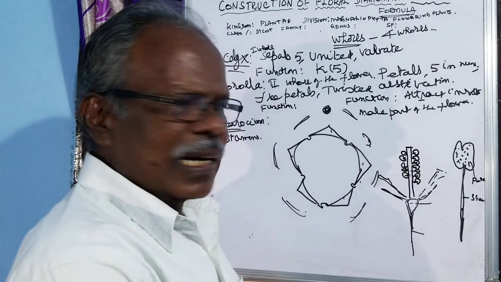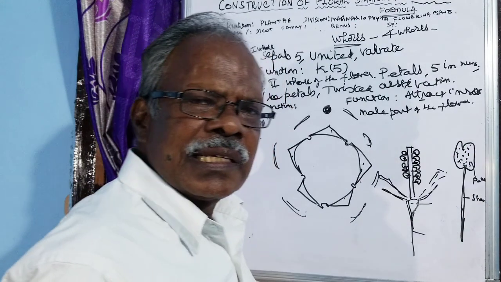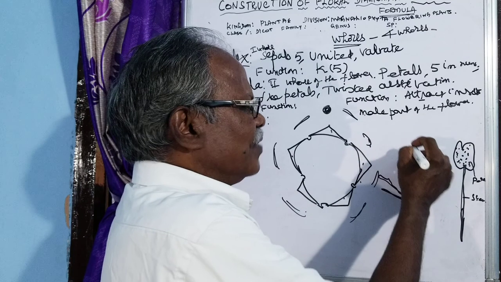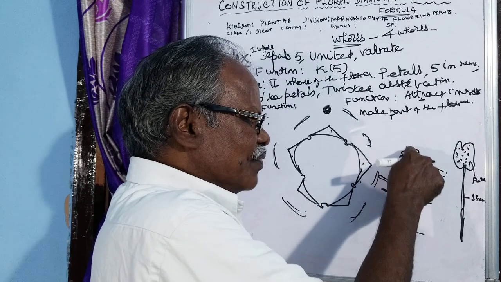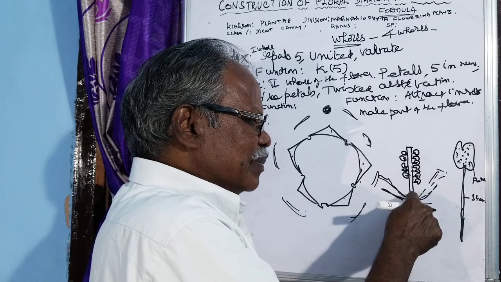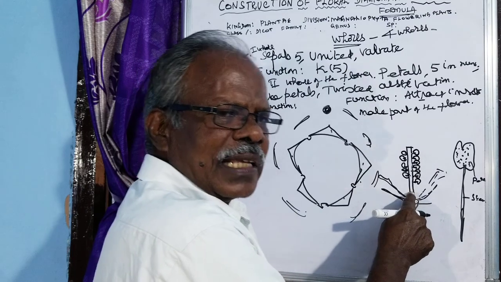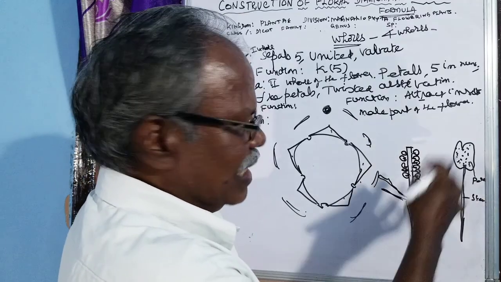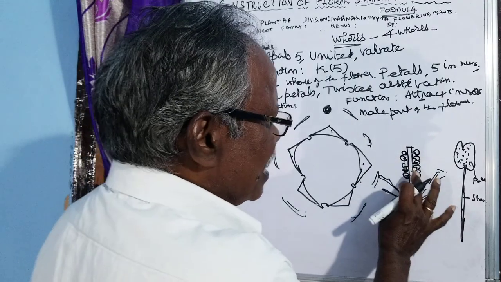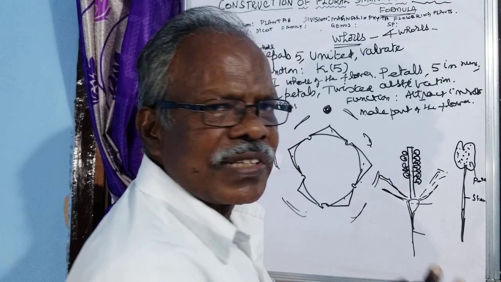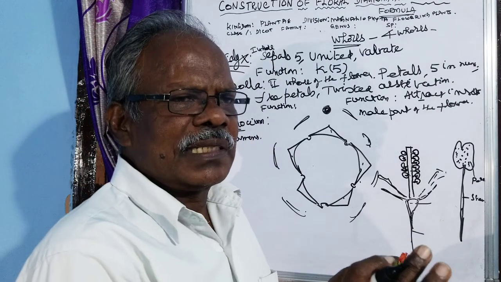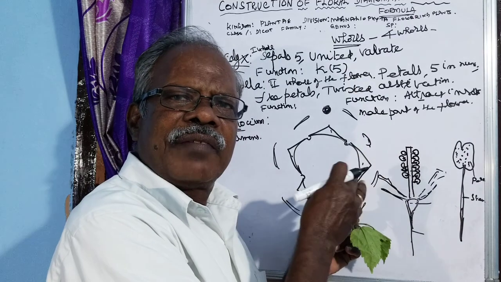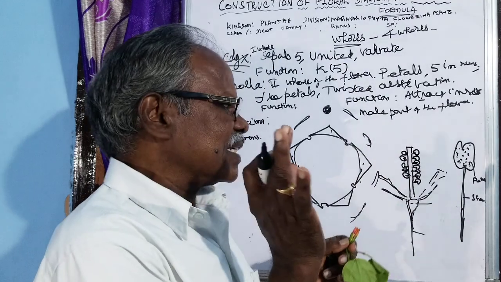The pollen grain produces sperm. When it falls on the stigma, that is the female part of the flower, then the pollen tube is formed, and it fuses with the ovule. That is fertilization. So that we are going to see in a separate topic. So this is with regard to the monadelphous stamens, meaning all the filaments are arranged in a tubular structure in the case of Malvaceae. So that is called monadelphous stamens.